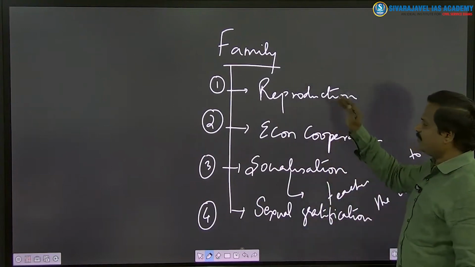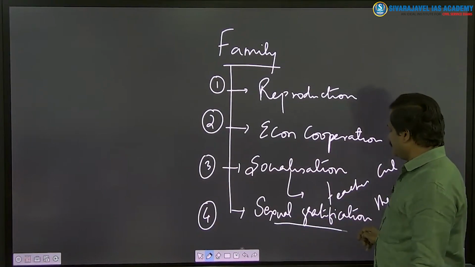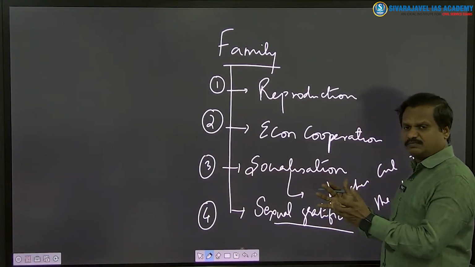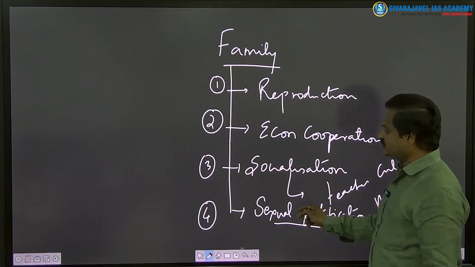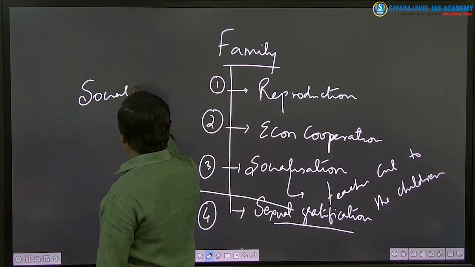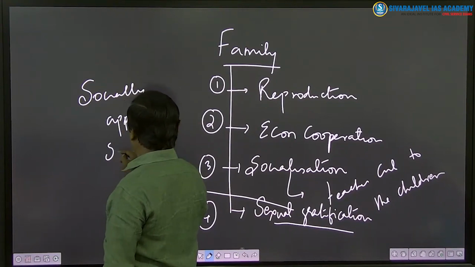So only through the family setup can one produce children. Only through the family setup can two adult members of the opposite sex have a sexual relationship, and this sexual relationship should be approved, a socially approved sexual relationship,